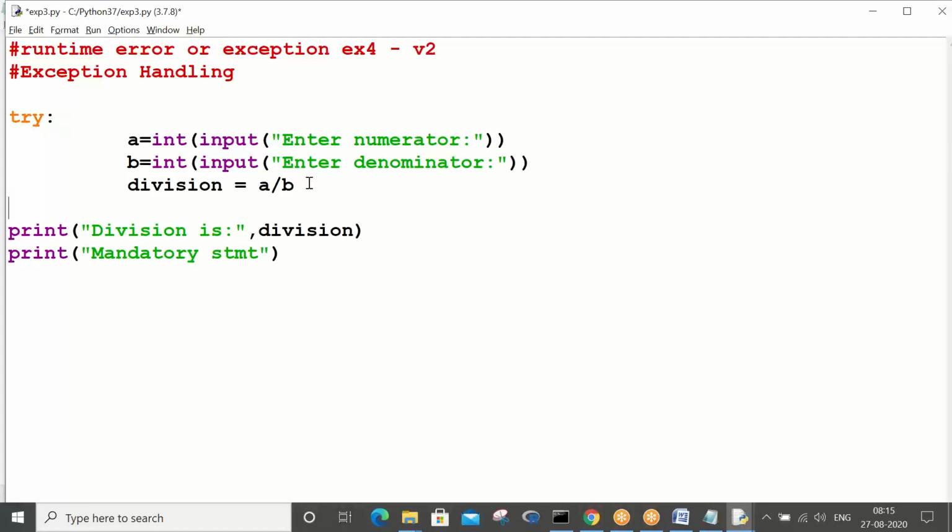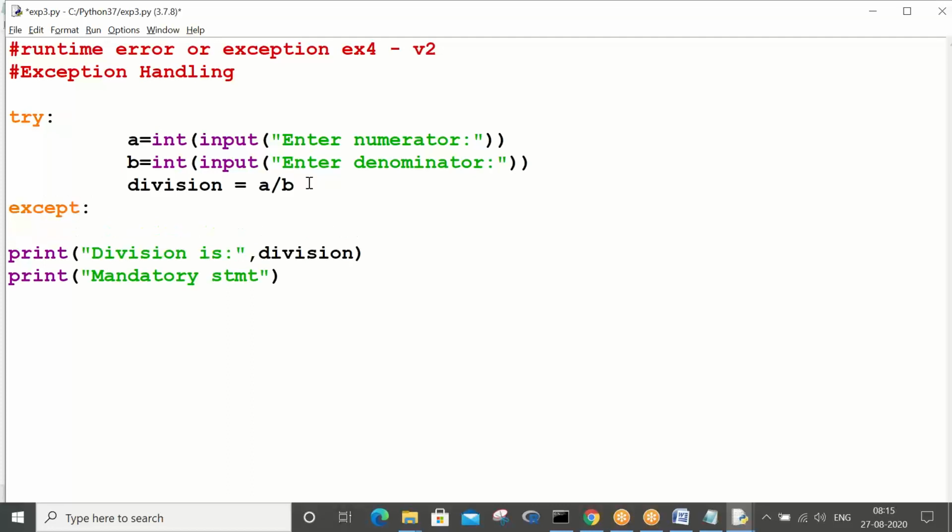Now except: print, please do not enter denominator as 0. Exception handling statements are not any rocket science.